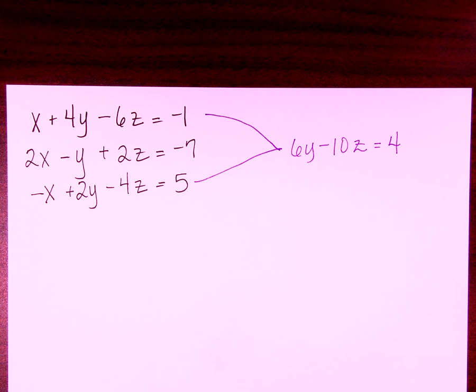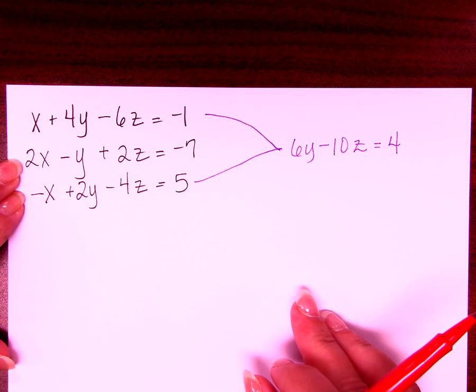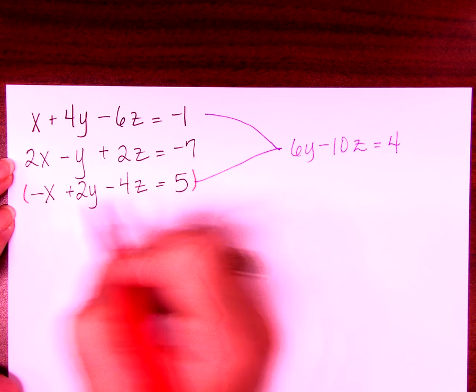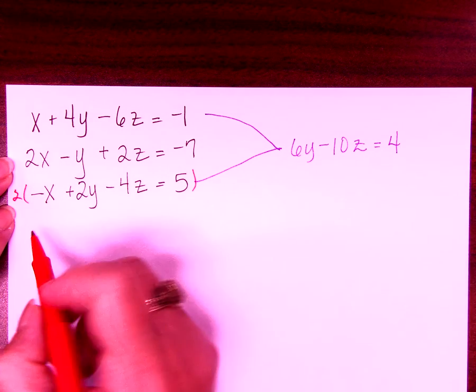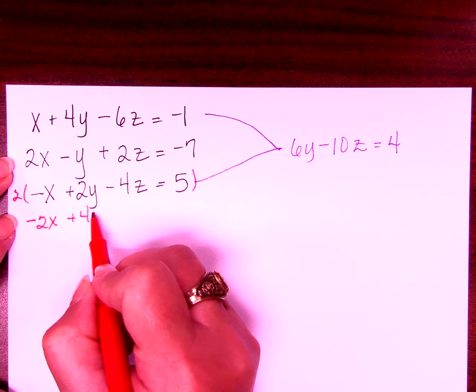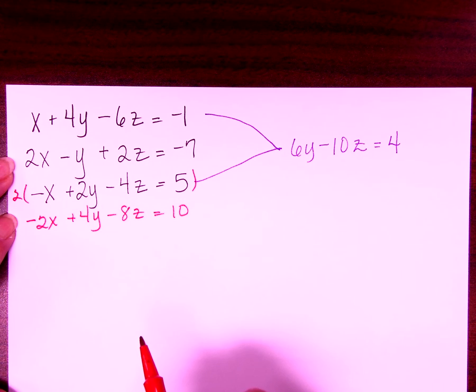I already used top and bottom, so I can't use top and bottom again. Middle and bottom, because they're already opposite signs, right? And I need to multiply this one by a 2. Okay. So I could write it right here. -2x plus 4y minus 8z equals 10. Is that right? And then combine it